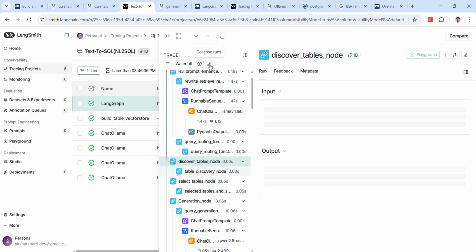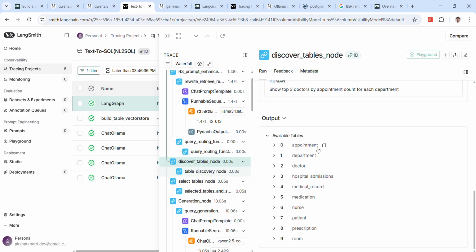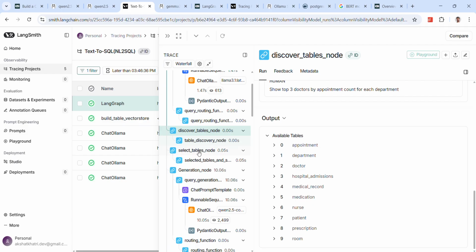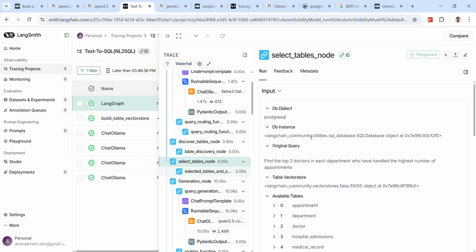Then comes the discover table node. Okay, discover table discovered these 9 tables. Okay, its job was only this. Now see the select table node. What it did was,